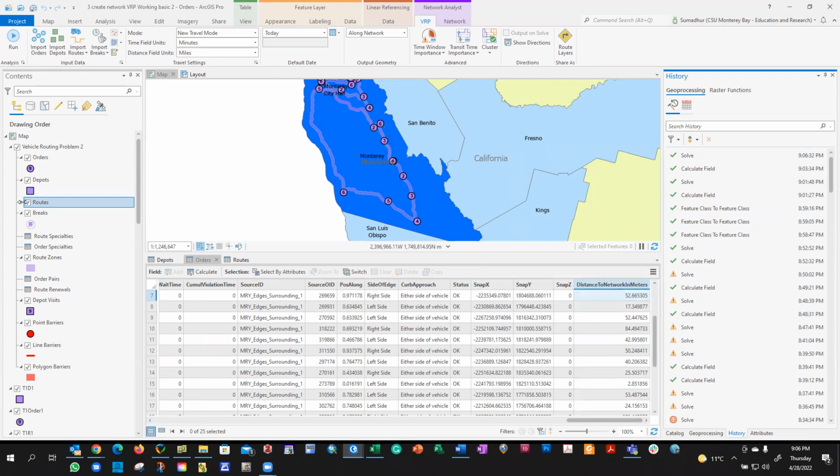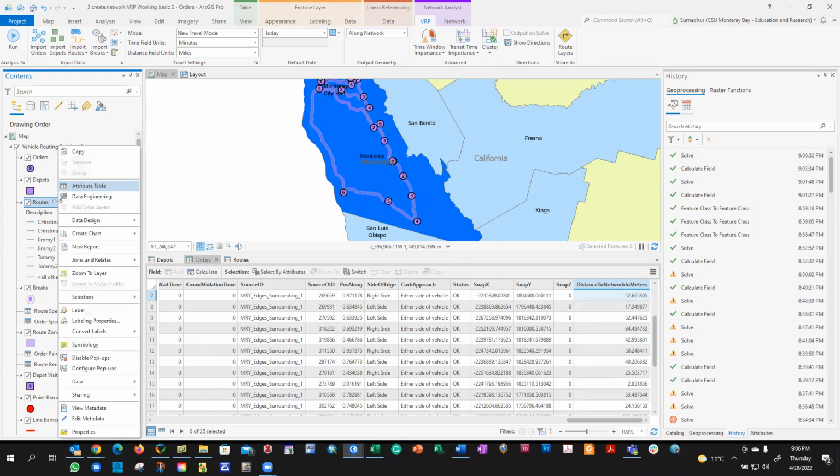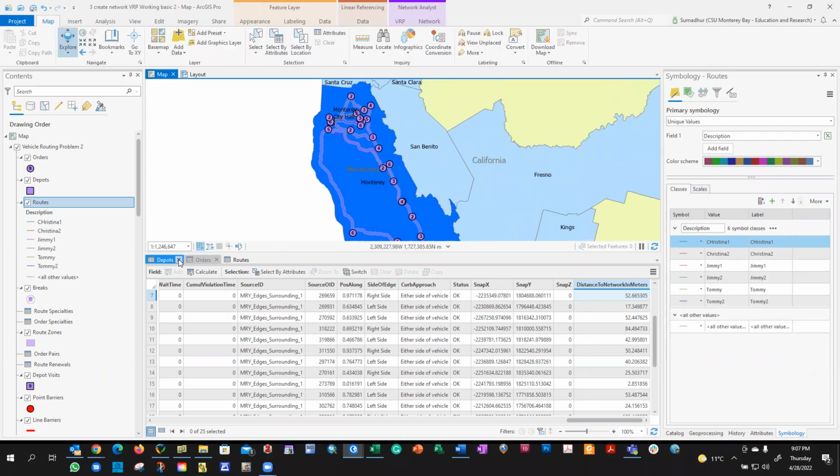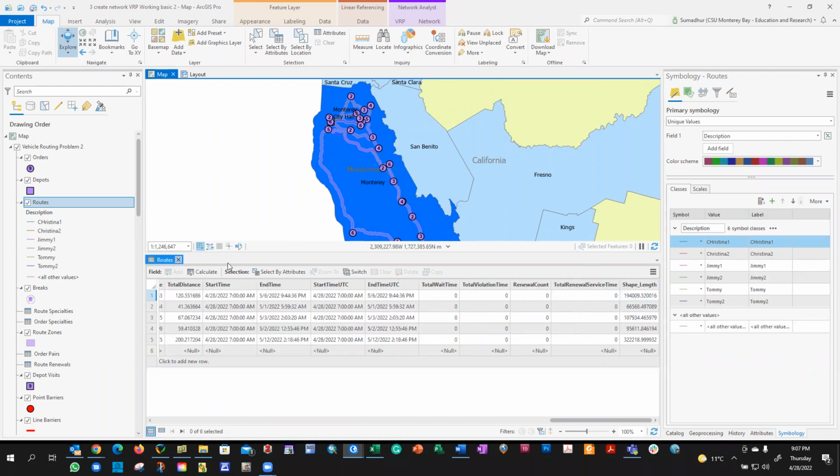So if I look at the routes again and change the symbology here, can I not change the thickness of these things? But anyways, you can do those fancy things later on. Okay, so at this point in time,